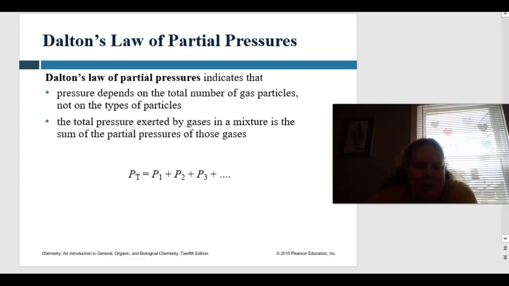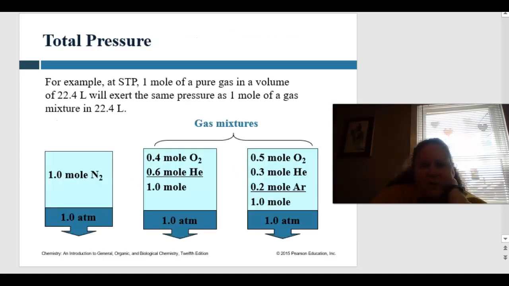Dalton's law of partial pressure indicates that the pressure depends on the total number of gas particles, not on the types of the particles. So the total pressure that's exerted by gases in a mixture is going to be the sum of the partial pressures of those gases. So PT, which is total, is going to equal P1 plus P2 plus P3, and so on to infinity. Okay? So for an example, at STP,